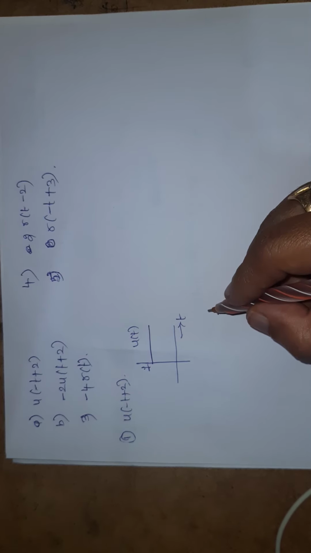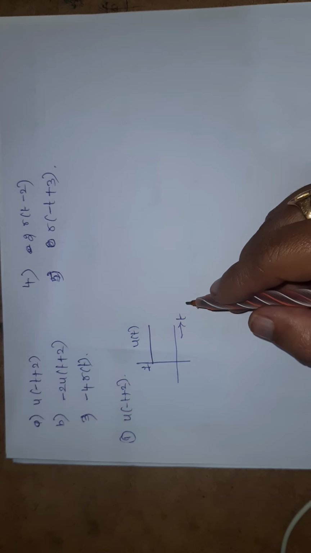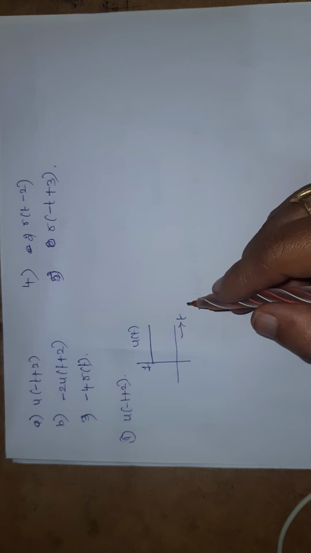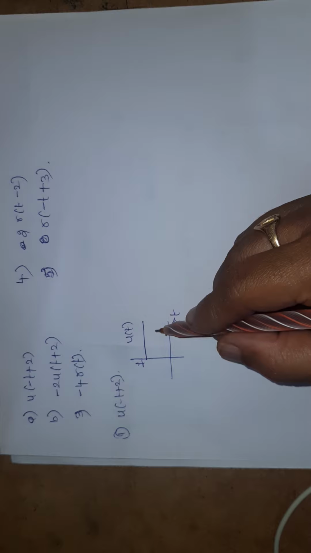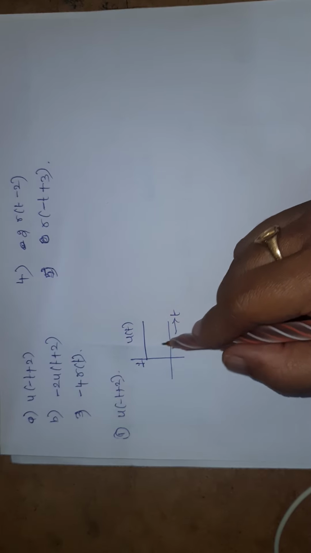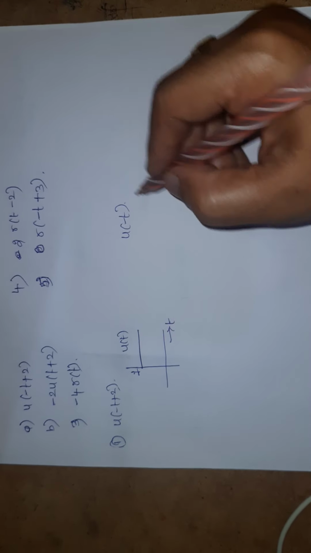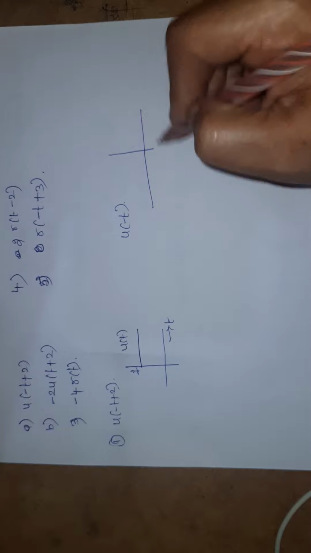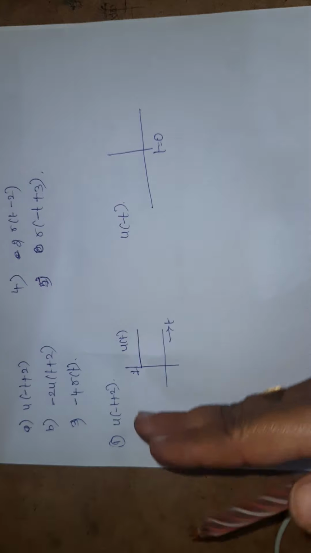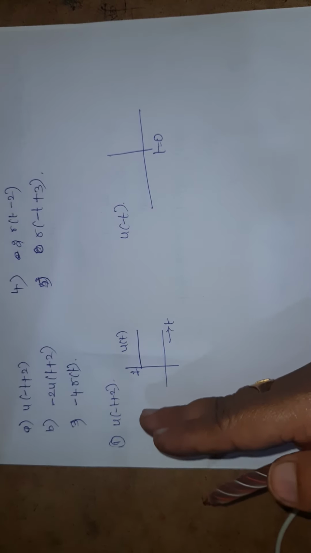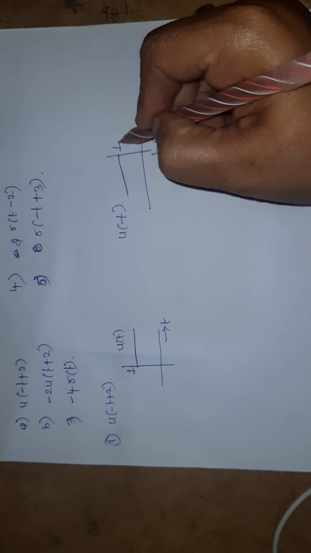Then after drawing u of t, you have to time-reverse the signal u of t about t equal to 0. We already know that time reversal is also known as folding the signal. So for u of t, you first draw u of minus t. How to draw u of minus t? It is nothing but folding at t equal to 0. Just turn the positive t values to negative t values and negative t values to positive t values. Now I have the signal like this, which also has magnitude 1.